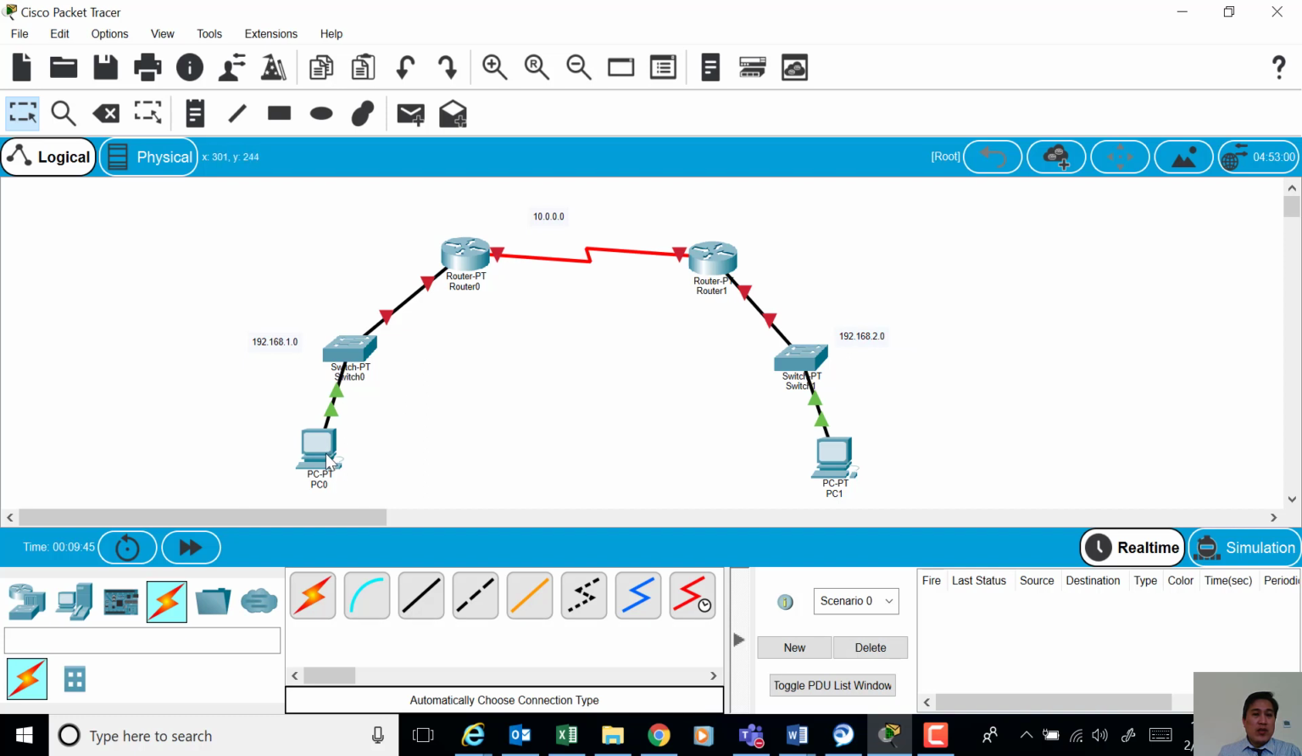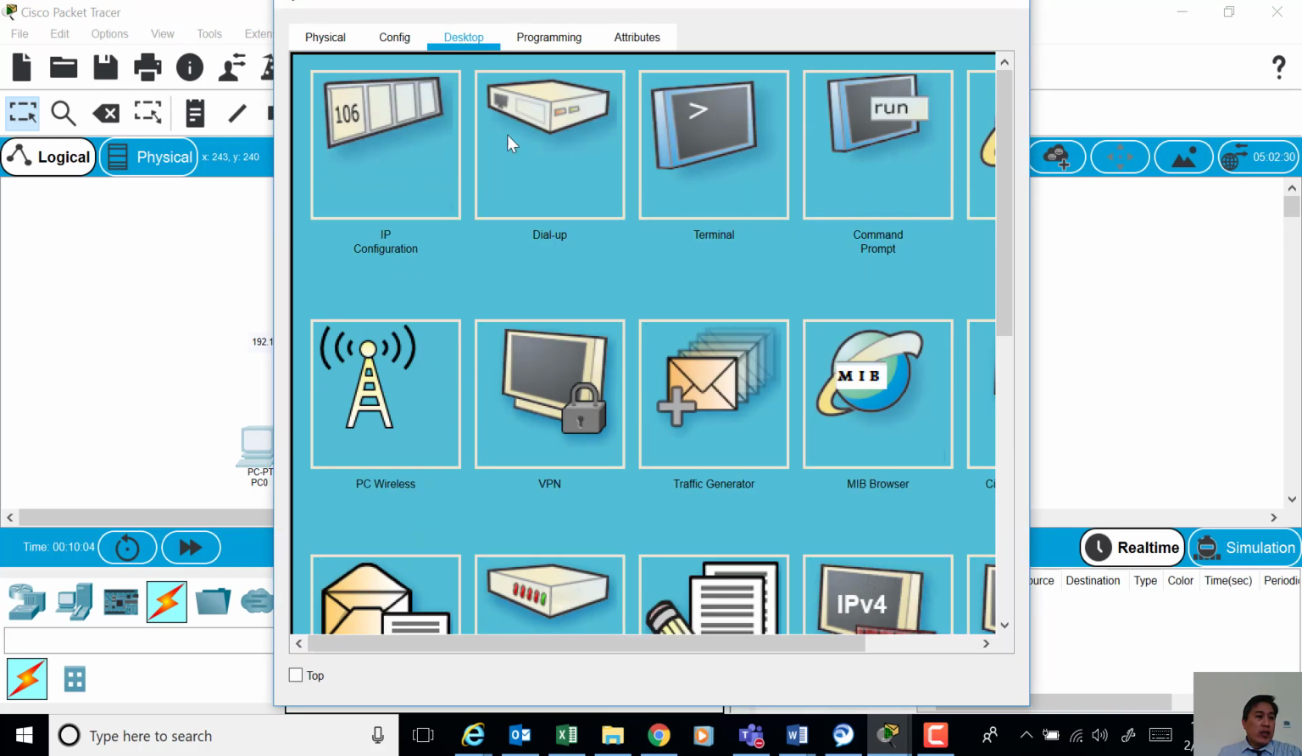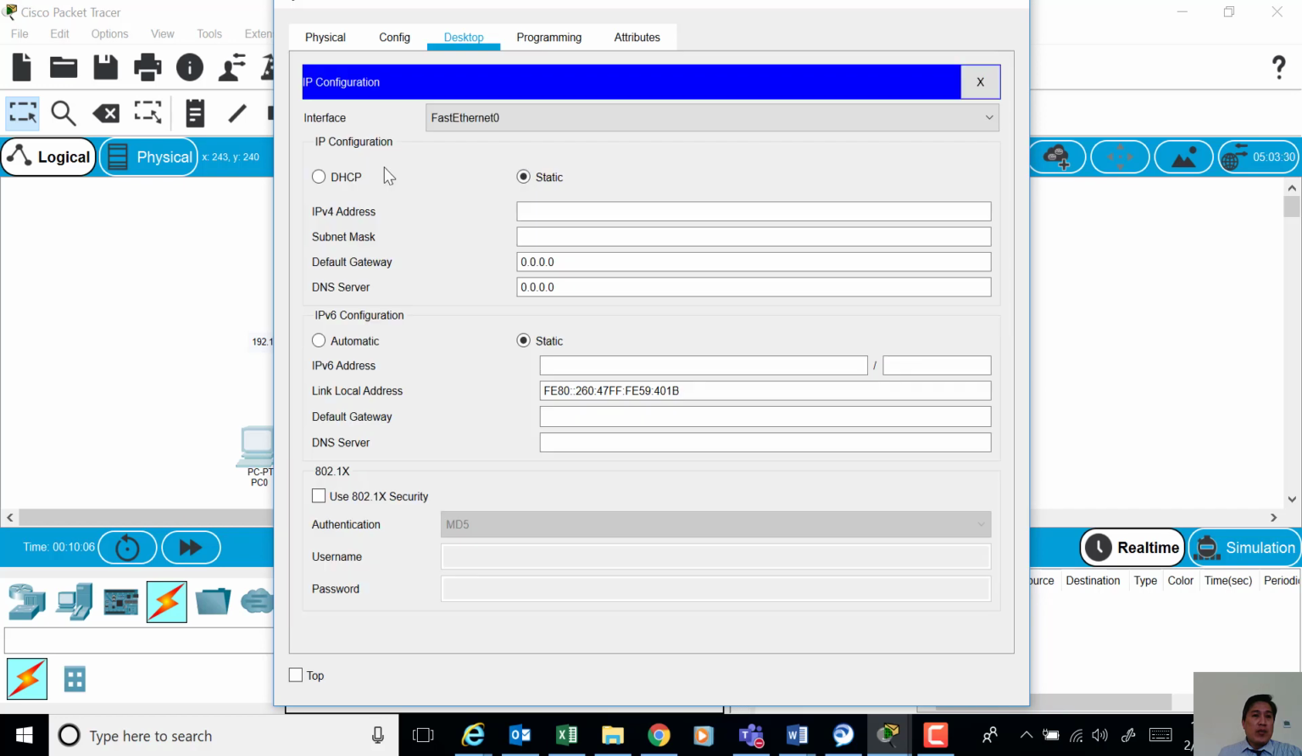All right, so this is your switch 0 and this is your switch 1. Okay, all right. So now configure the IP addresses on the PCs and the routers. So first configure the IP address of PC0. So click here. All right, and then go to the desktop. Click IP configuration. Right, type